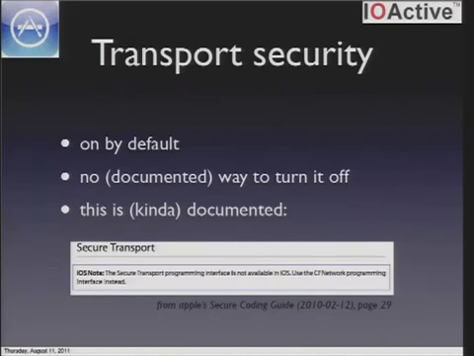And when I say you can't turn it off, I mean you can't turn it off with documented APIs. There are undocumented APIs you can use to turn off these weak ciphers, but if you use them, your app will not pass the App Store, it'll get rejected. And what's really funny about this is that it's documented that it's not documented. So there's a